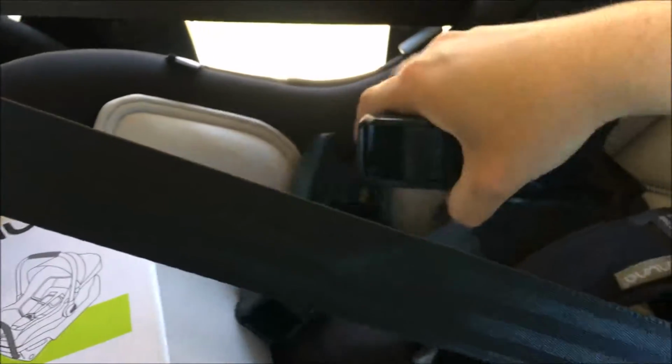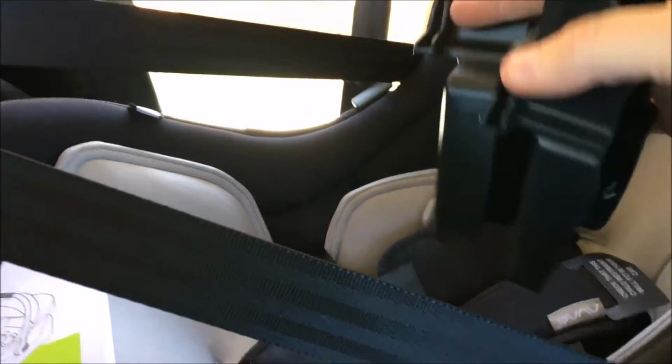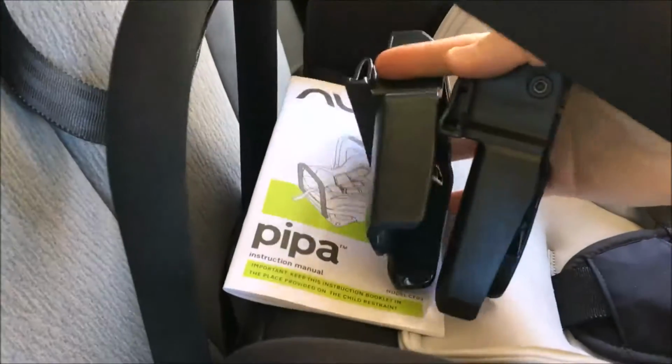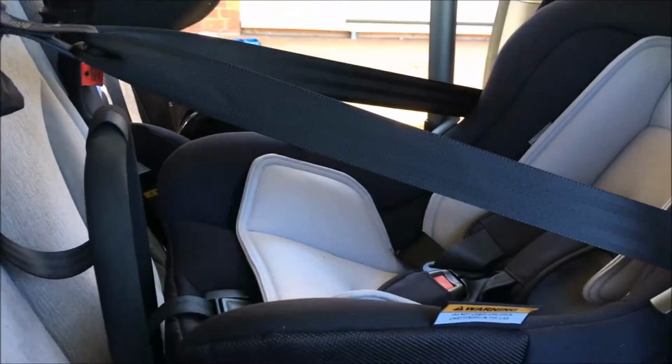on the sides. I've just got the adapters just sitting in here for the moment. These are the adapters to put it onto the pram, and the manual. But there we go. That's what it looks like without. And this handle also can move back out of the way if you want it to. So I'm just a bit undecided about what to do with the canopy. I'm still umming and ahhing about whether I should maybe put it